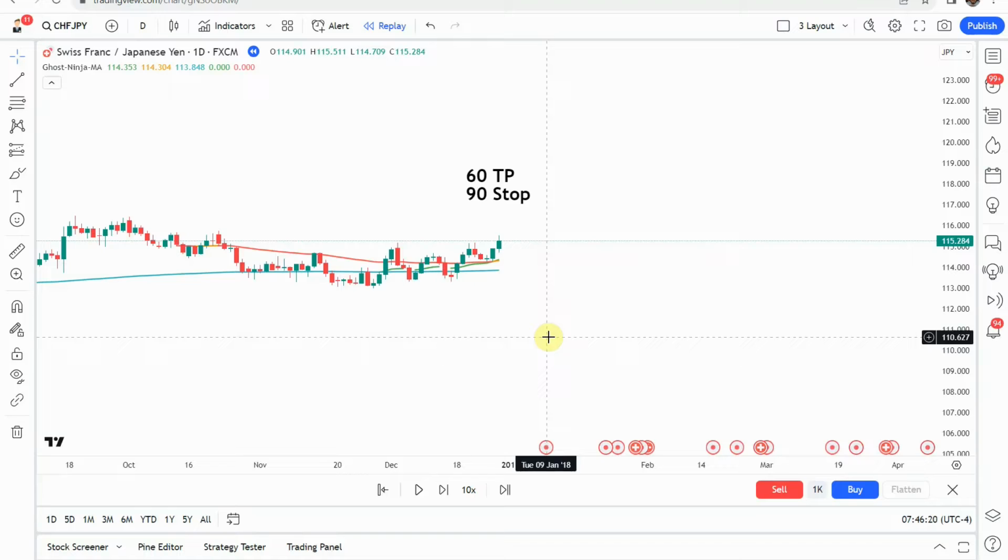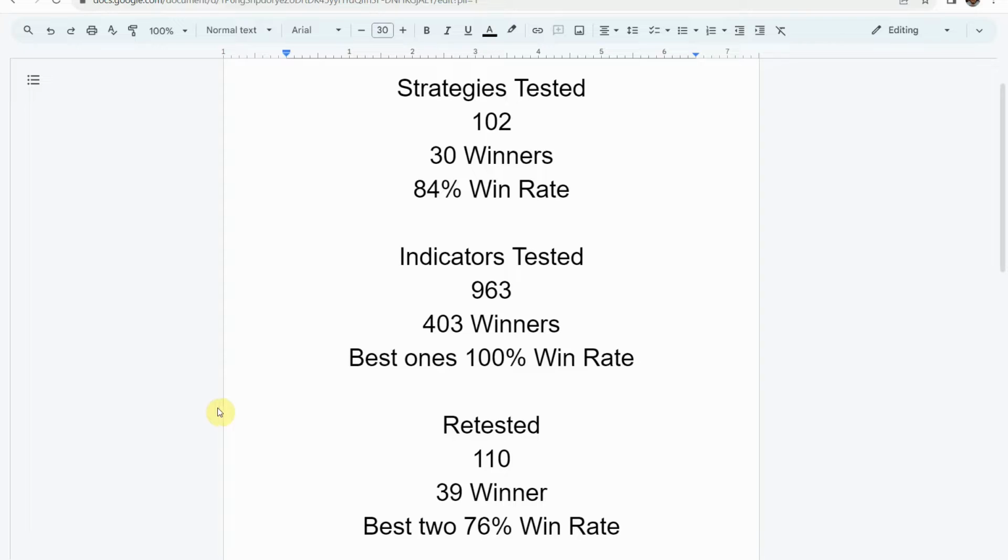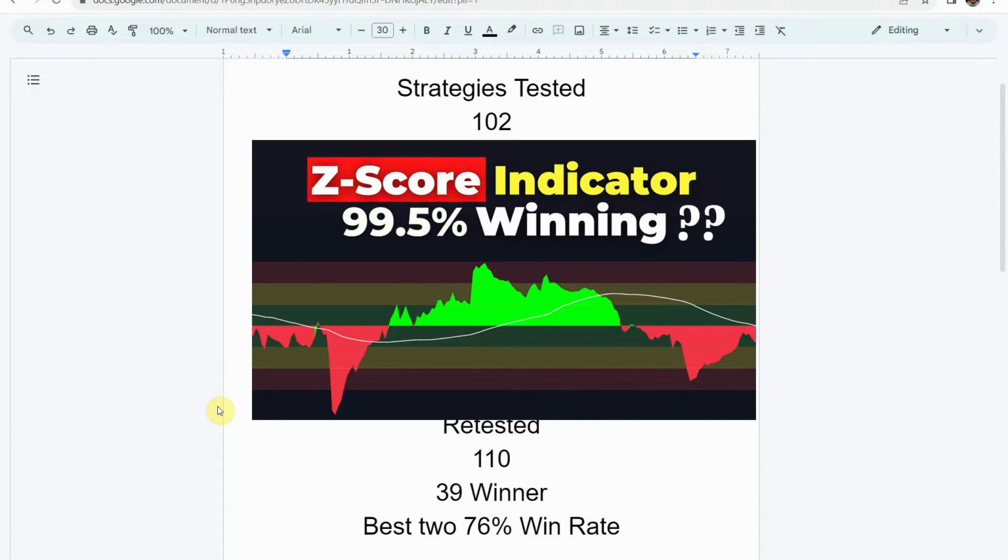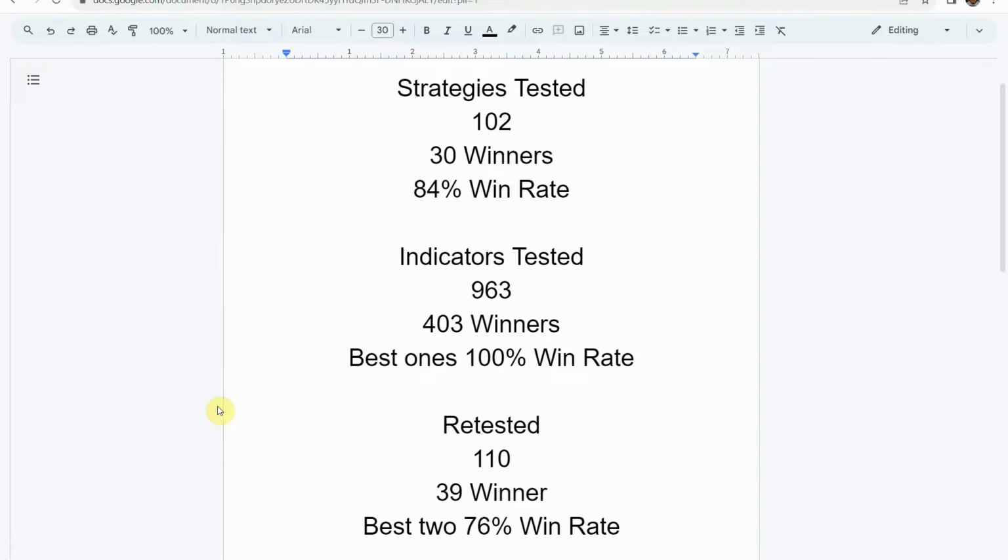Alright, as I said, today we will be testing the Ghost Ninja MA indicator. Before we do though, I wanted to put the testing scoreboard up for everyone to see. So to date, we have tested a total of 102 different strategies, with 30 of them being winners. The best one so far was able to achieve an 84% win rate. That is the Academy of Forex indicator with the Z-score probability indicator. I'll put a thumbnail up of that on screen right now. Also link to it at the end of this video with the same thumbnail, so that way you can click on that link and go straight to the video and watch that